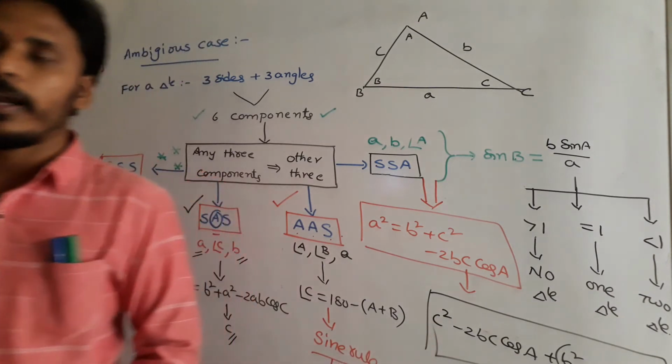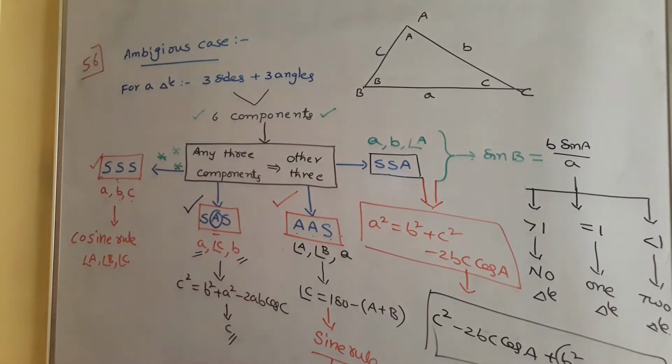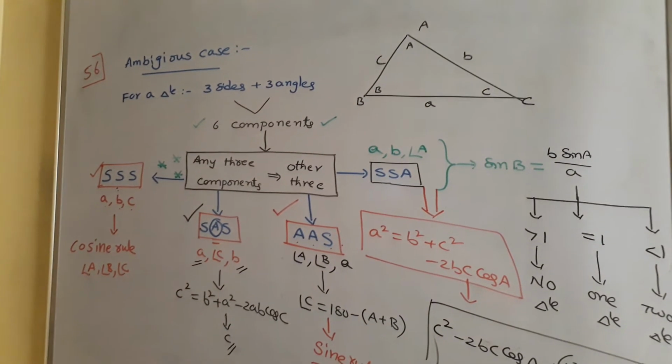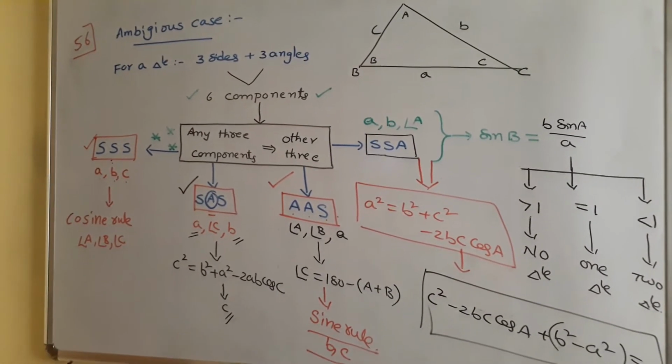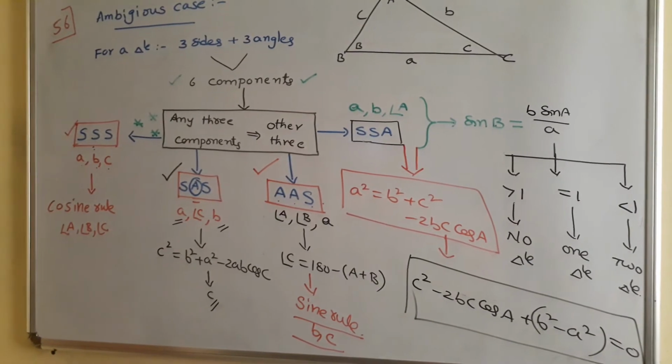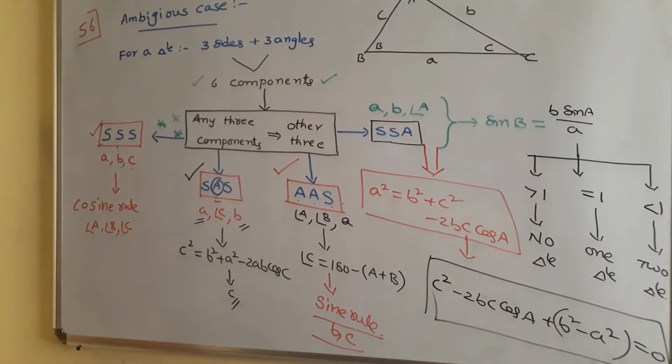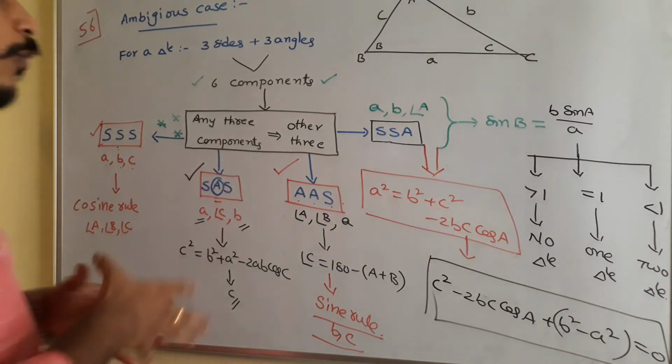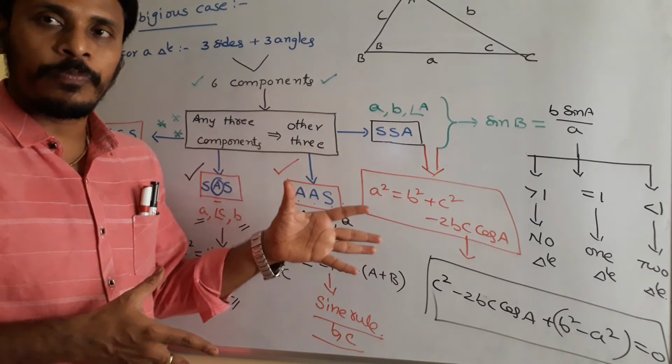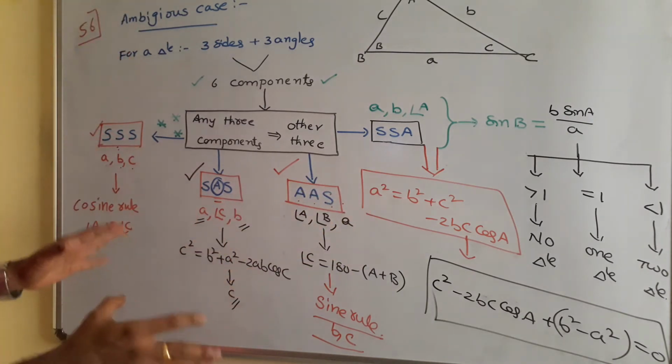If you solve this quadratic, sometimes you will get one solution, or sometimes you will get two equal solutions, or sometimes you will get no solution. Again, the solutions, that means the possible values of C, will describe the possible triangles. Okay, this is another possibility. This is another way of discussing the last case, where two sides and the angle which is not included are known.